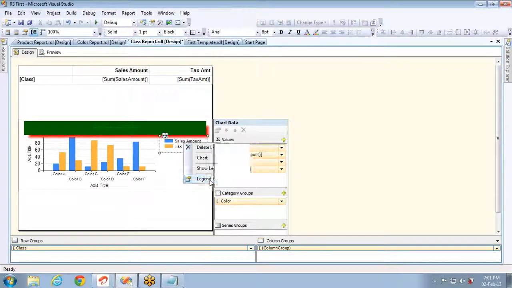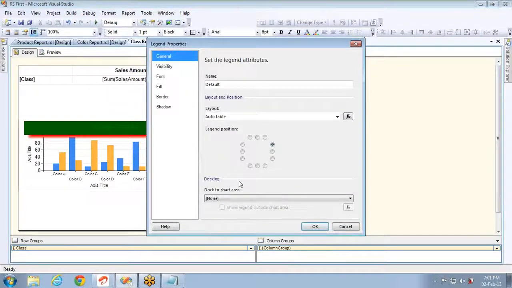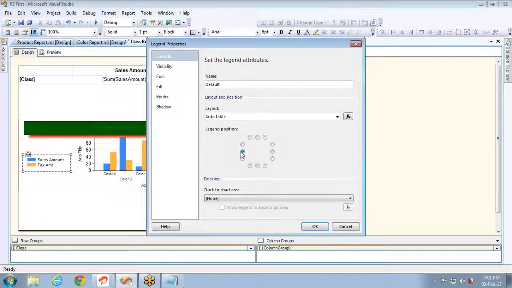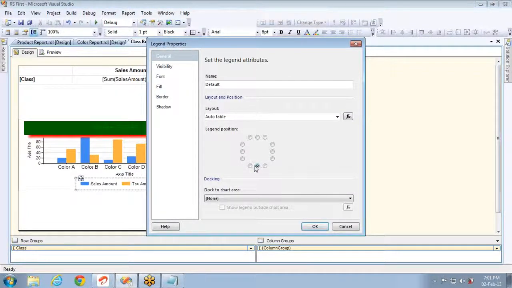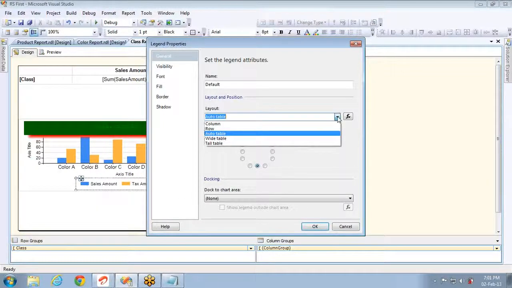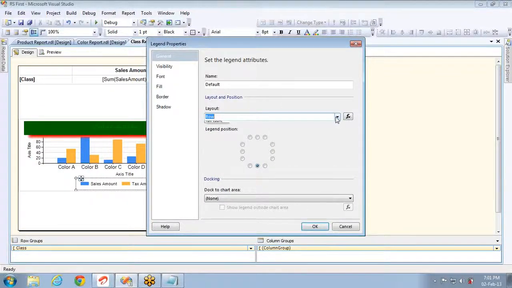Now you can set some properties for this legend also. Like you can place it wherever you want. You can see now I'm placing it at the bottom. And layout, you can say show it in a table or row. It won't make much difference in table and row when you have very few values. Now we have only two, that is sales amount and tax amount.